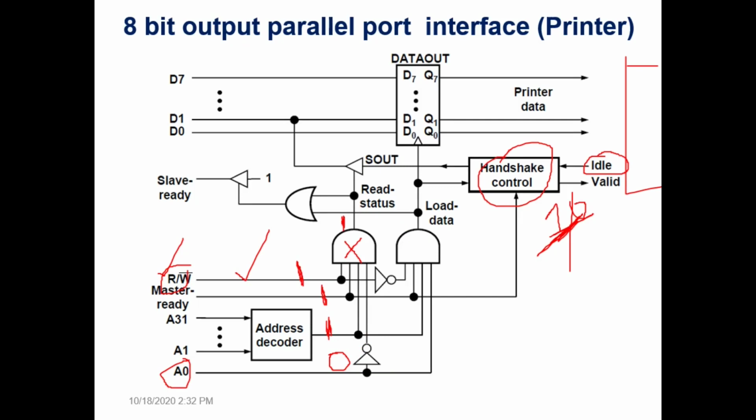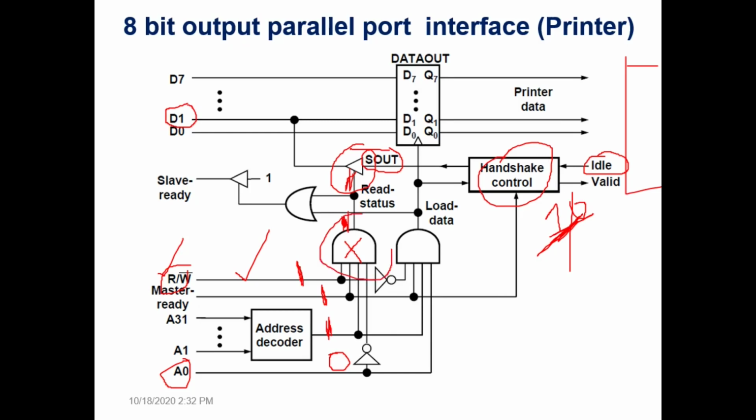So the output of this AND gate here is 1, which is directly given to the tri-state buffer. So what does that tri-state buffer do? It reads the S out status of the printer, that is 1 or 0, and keeps it on the D1 line of the data bus. Now on the D1 line of the data bus, the status of the printer or interface circuit is there. How does the processor come to know that the status is there in the bus?